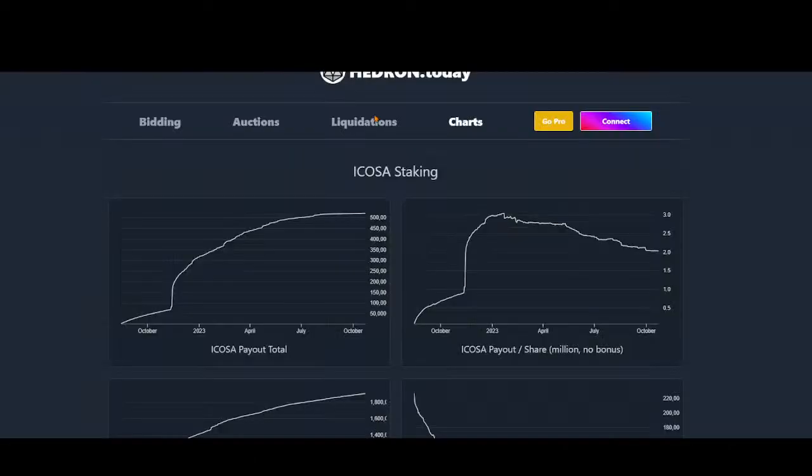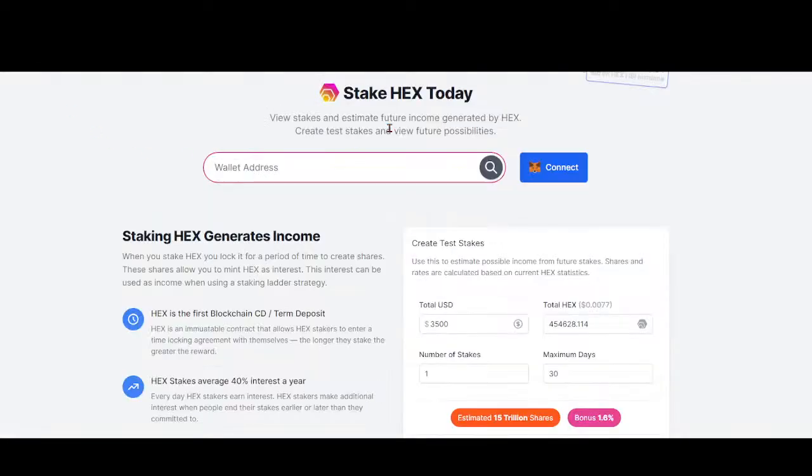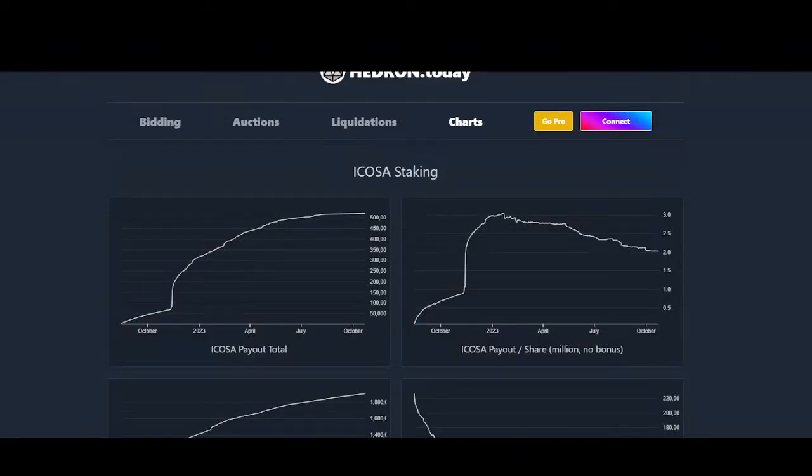So also, Hedron today from StakeHex, is also Hedron.today, bid on HSI auctions. So that is another whole ecosphere that is worth having a look around in if you have larger amounts of Hedron and Acosa. Hedron and Acosa haven't been cancelled off of the quote-unquote Uniswap decentralized DEX, excuse my language, but HEX, its parent, has, for whatever reason. I'm not sure why.